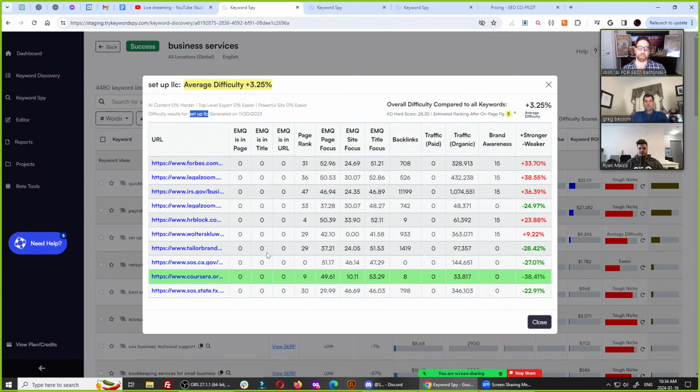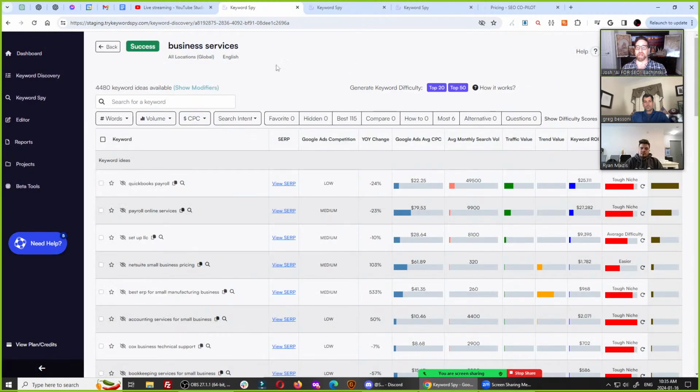No one is optimizing for it, even though some pages are dedicated to it or very close to being dedicated to it, 50% dedicated to it. And no site here is dedicated to it. If you had a site dedicated to setting up LLC, and you used our system to find the boosting keywords, you'd be really well positioned to rank for this keyword, I think. Okay, so that's the first one.